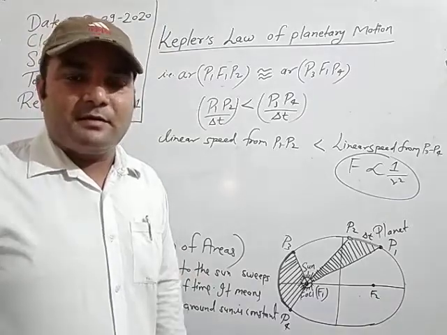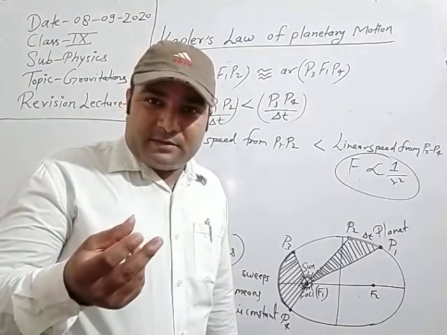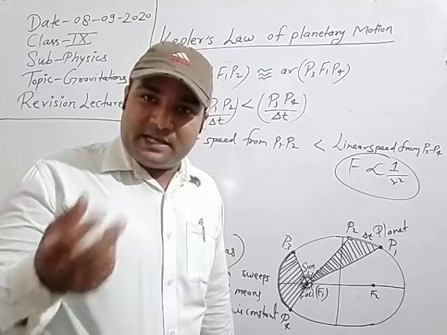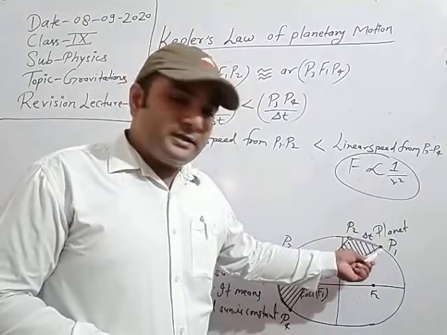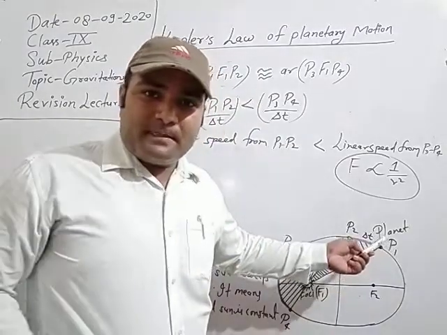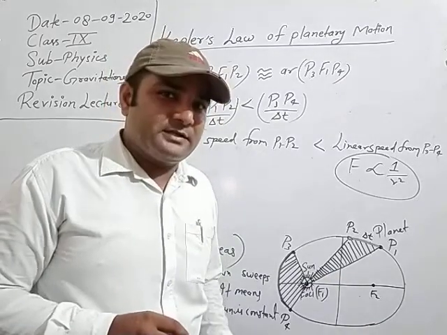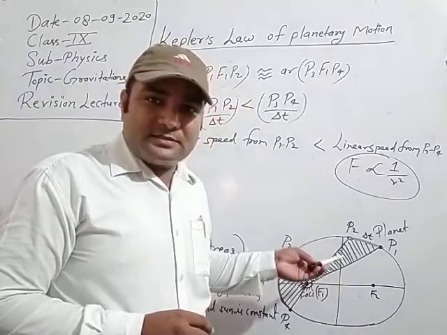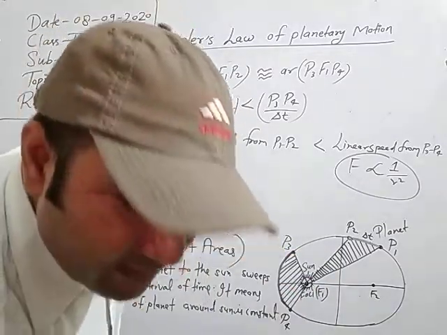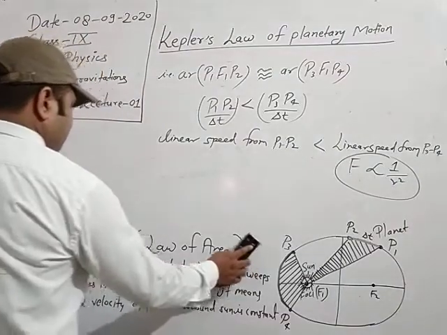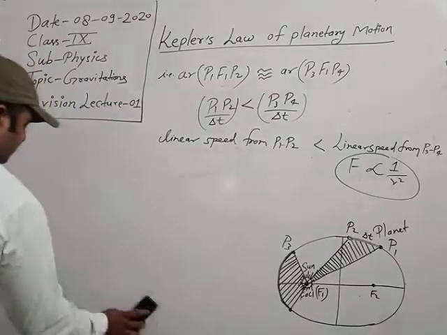This is the concept of maximum distance covered in the same time interval by the planet whenever the planet is closer to the sun, and whenever the planet is farthest from the sun, then in the same time interval minimum distance is covered by the planet. So all these explanations will be clear, so just note down. After this, next one, Kepler's third law. And Kepler's third law is a very simple concept.